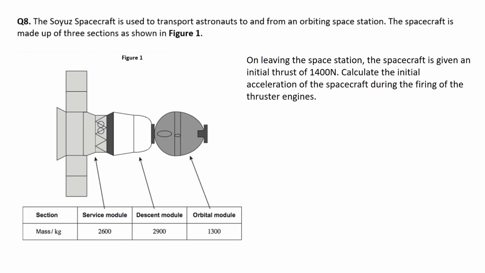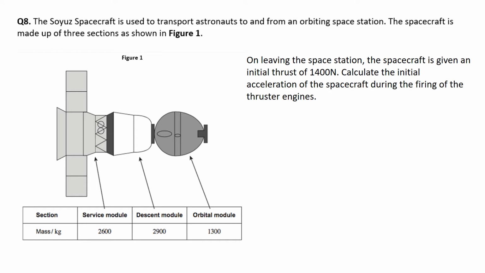Okay, so that concludes the multiple choice. Let's move on to some longer answer calculation and explanation type questions. So we've got a Soyuz spacecraft, and it's used to transport astronauts to and from an orbiting space station. The spacecraft is made up of 3 sections,